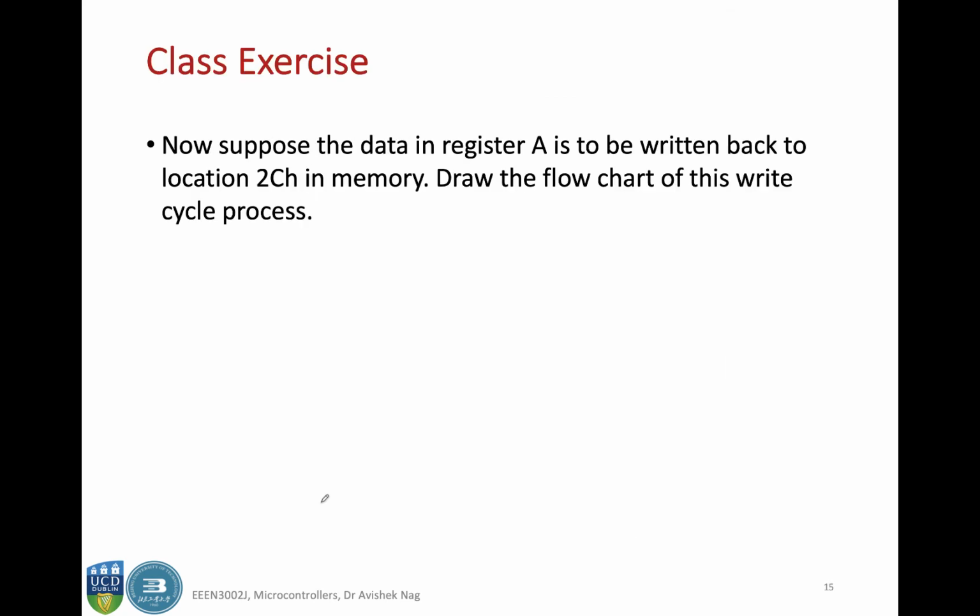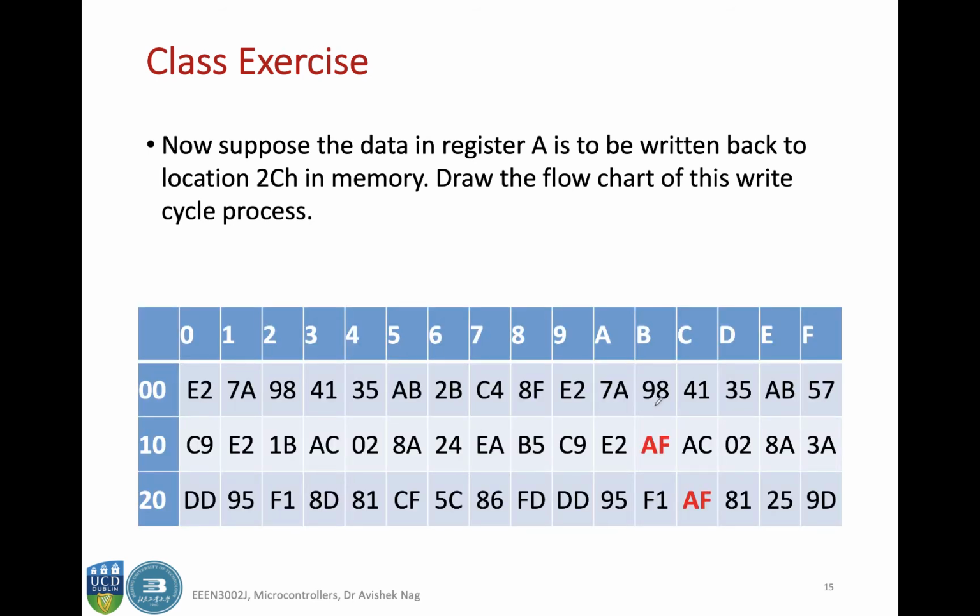Now if you want to repeat the same exercise, suppose you are asked to move the data in register A to be written back to the location 2CH in memory, then what will be the flowchart of this write cycle process? Let's say again, if you look into the memory, this AF, which was in